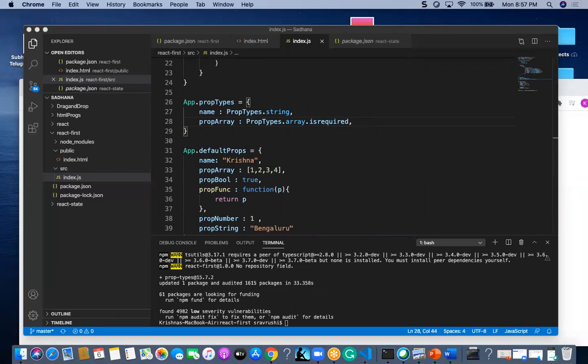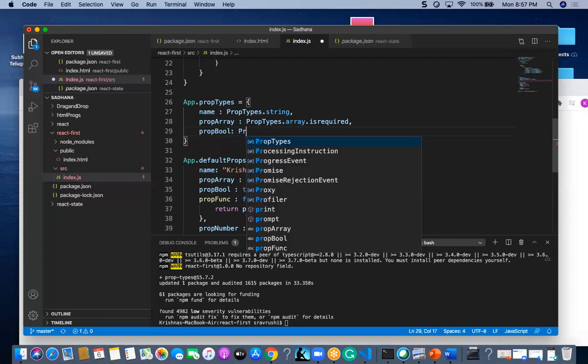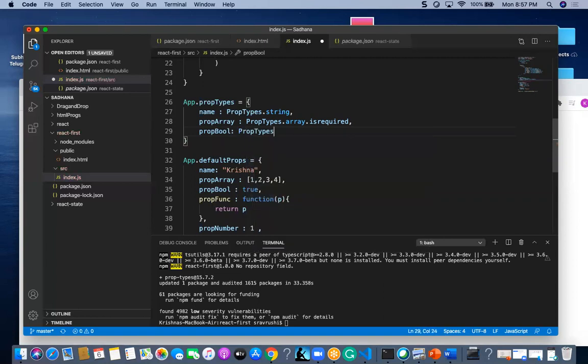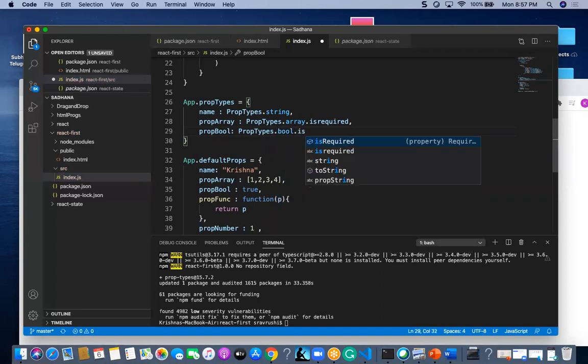Whatever prop types you have got here, I have to make a validation for each and everything, like propBool: PropTypes.bool.isRequired, comma, and here also capital R it is.